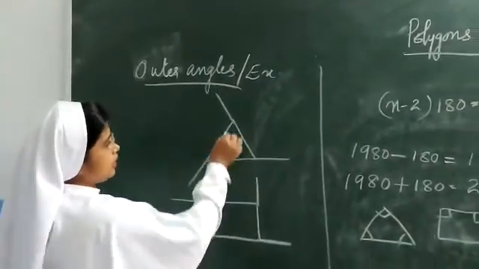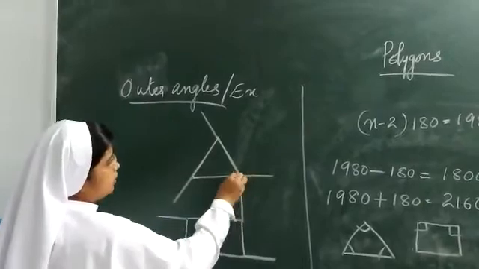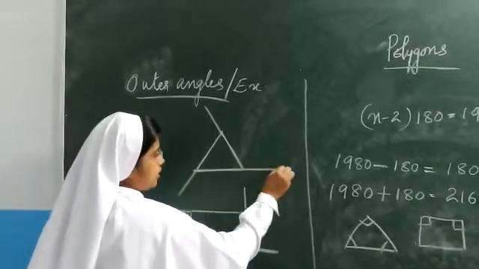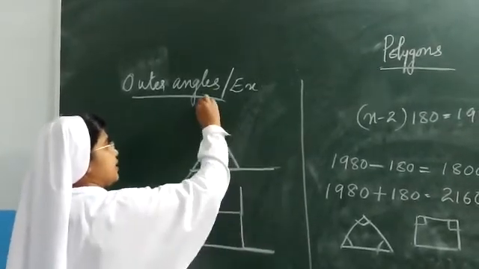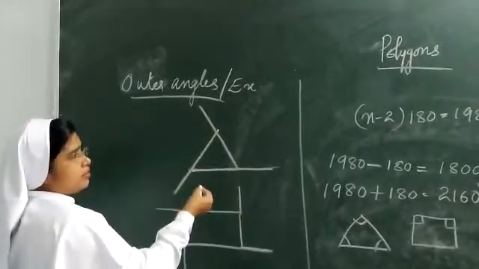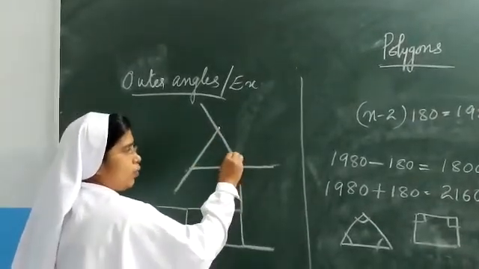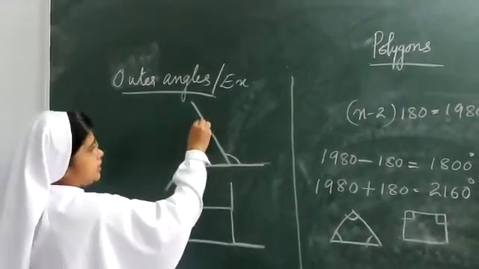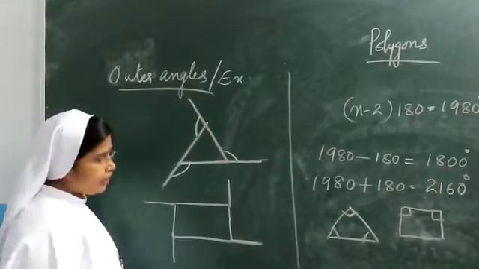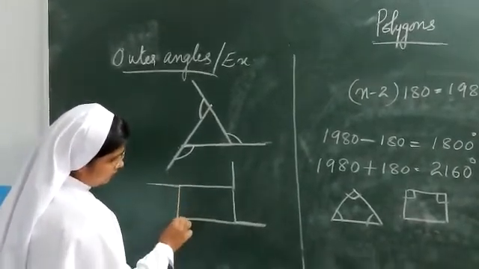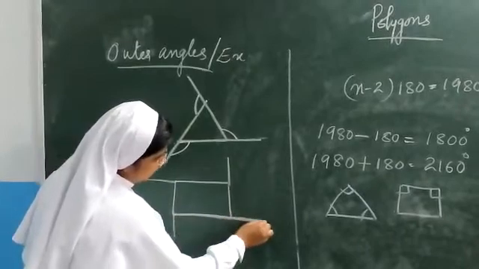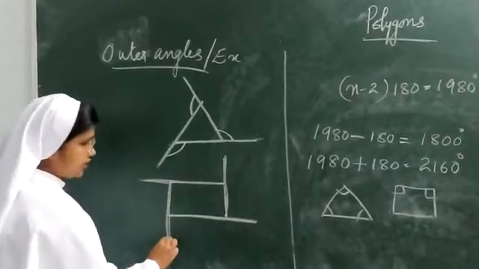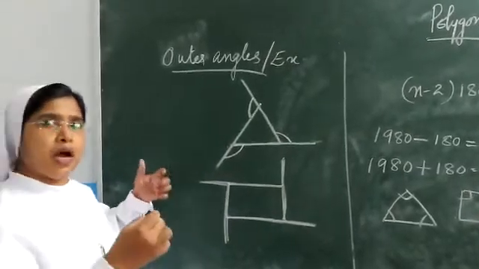Exterior angles means what? This is a triangle I have drawn. So I am extending here. This side is extended here, this side is extended here, and this is extended here. It's a triangle, and this is the outer angle, this is the outer angle here, and this is the outer angle here. Alright, in a quadrilateral we see this also. Here I extended, here it is extended, and this is extended. Okay, exterior angle or outer angle.